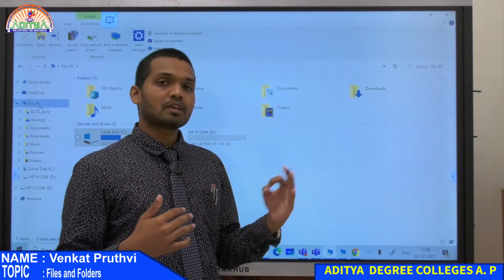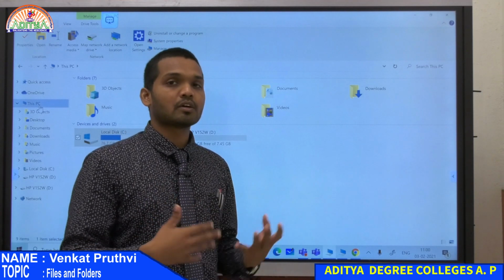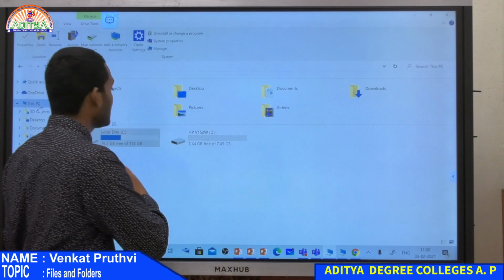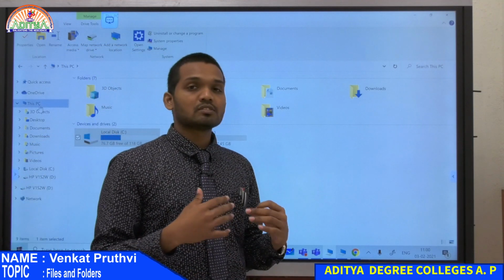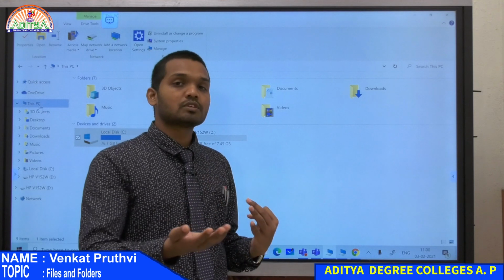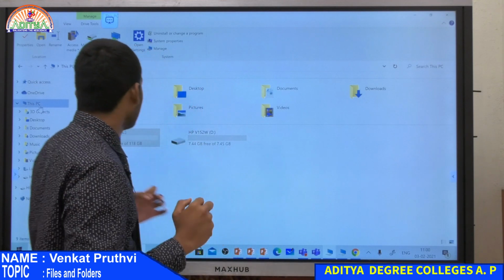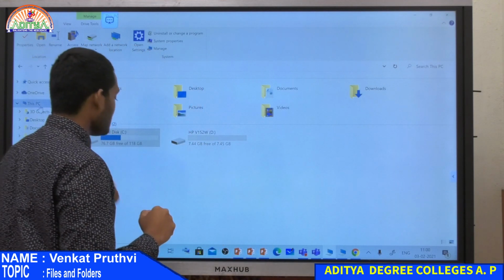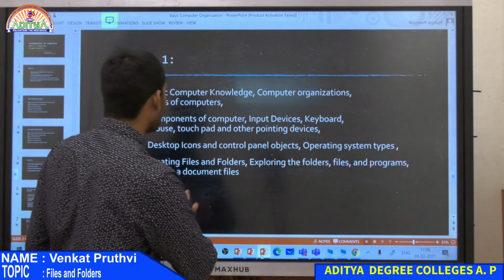That temporary memory is helping you to make the process happen, and this permanent memory, that is the secondary storage, is helping you to store data and use it for the processes whenever required. So that is about storages.